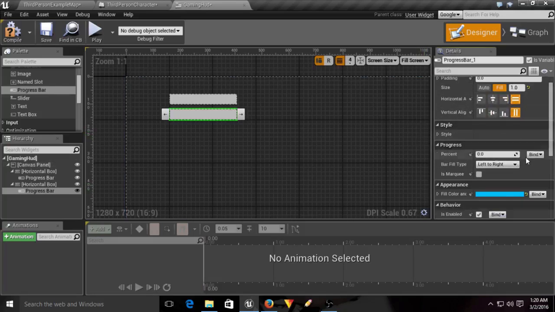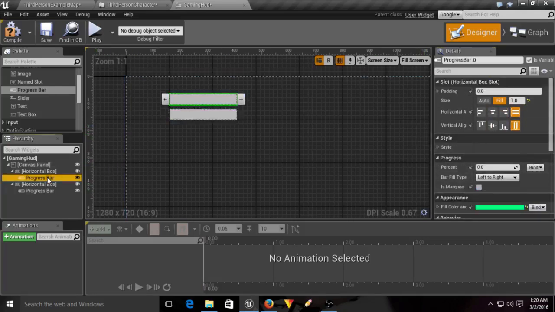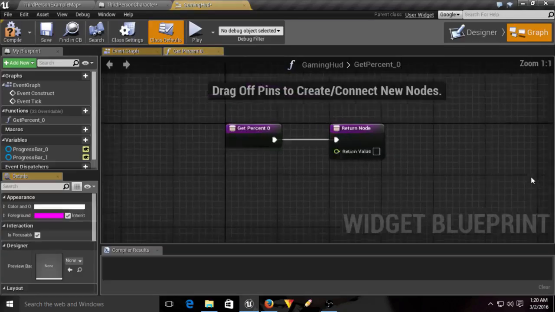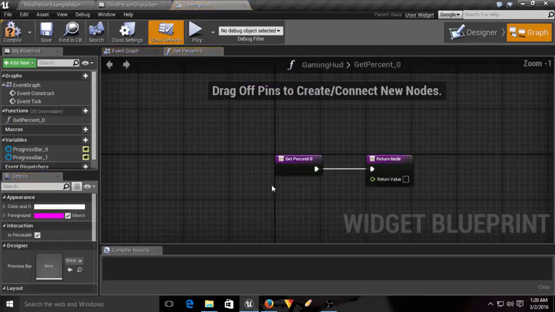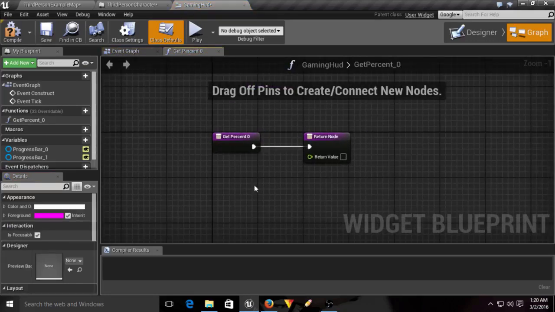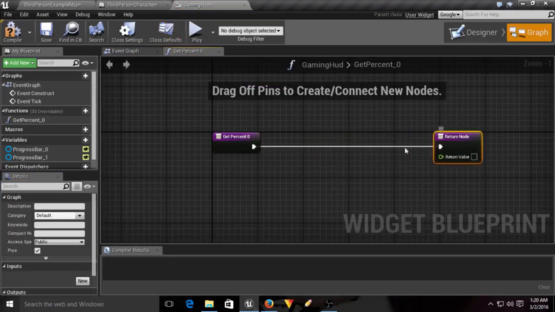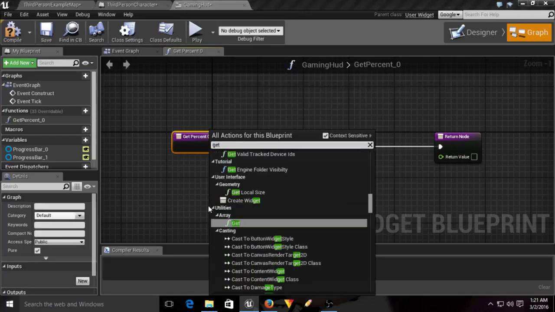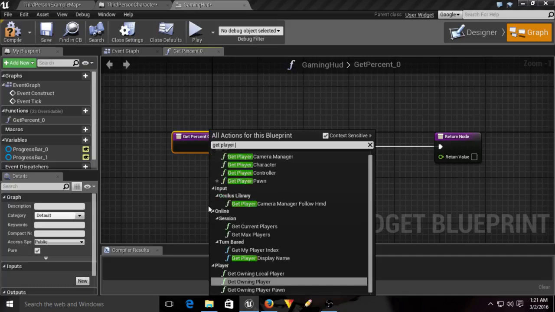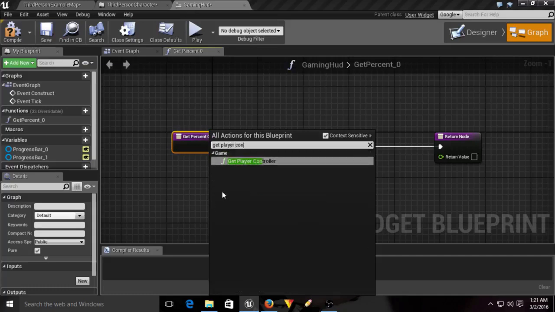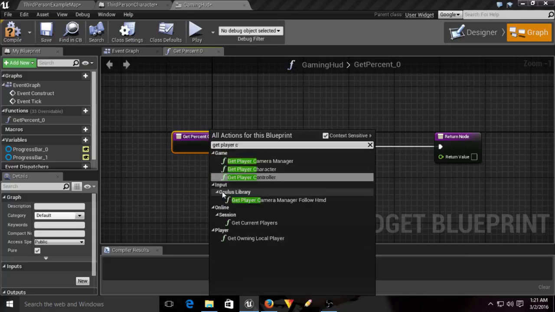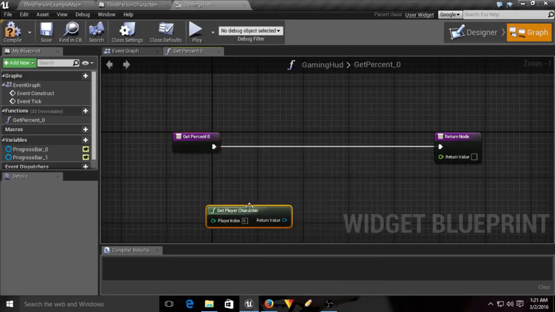Now the very next thing we want to do is take these progress bars and bind them. We want to bind the percentage, not the color, the percentage. So we're going to click bind. We're going to create a brand new binding. This binding could be named anything, but we're not going to worry about naming it for now. The first thing we want to do is get player controller. No, we want get player character. So we're going to get player character,